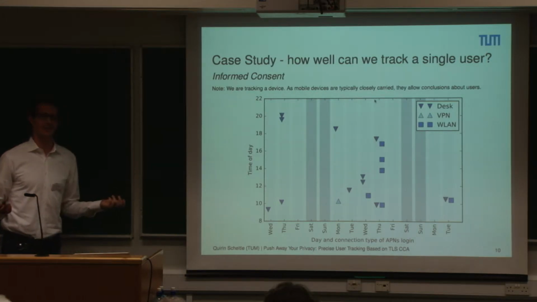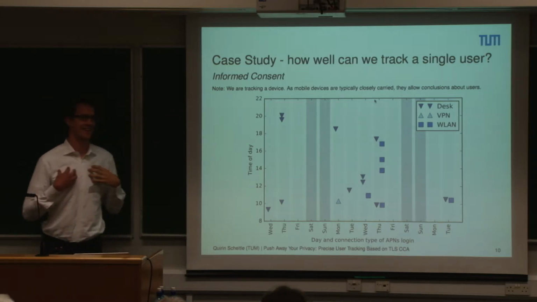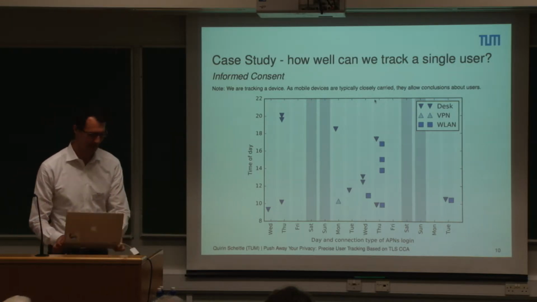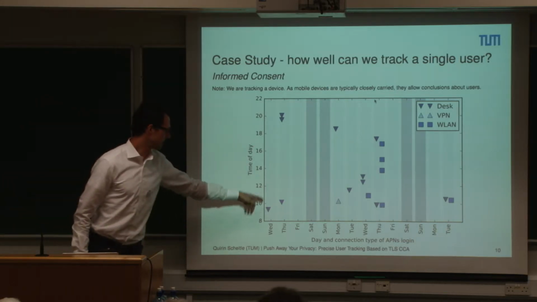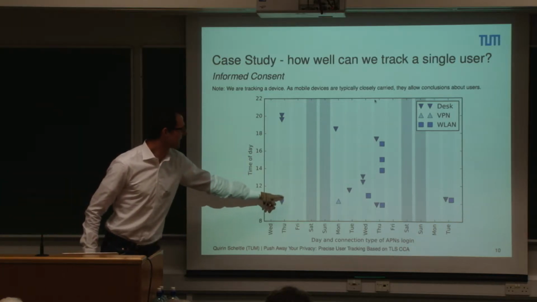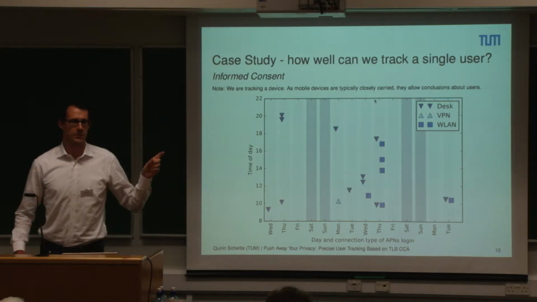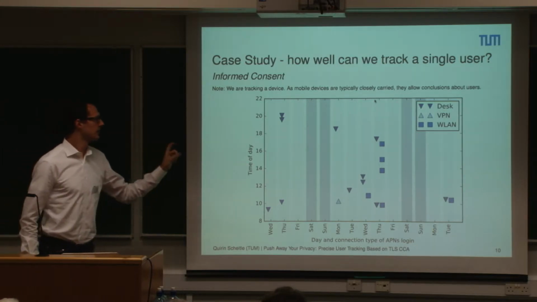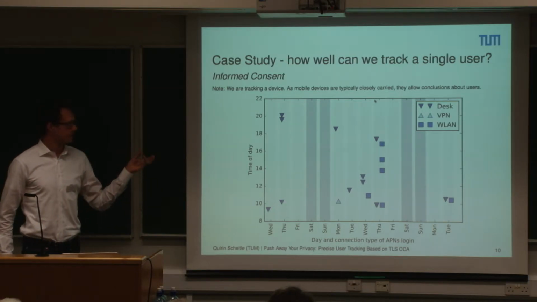Now we looked at, can we actually track a user? As we said, we don't want to track any user, but this specific user was me, so I was informed, I was consenting, I said, okay, let's see what this laptop, actually this one here, does in our data. So I got a certificate for this machine, and I have ground truth, right? I have my calendar, I know when I was there. And I can see when did I come to work, when did I sit down at my desk, when did I use Wi-Fi or VPN, and I know that because the university, you see if it's an eduroam IP, it's in a DNS string, right? So you can quite easily map that. So this was kind of the proof of concept that you can track a device / user.